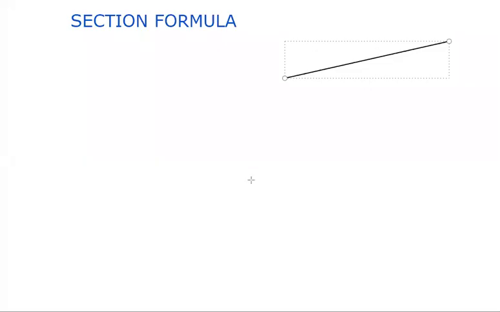Students, today we are here to derive the section formula and do 3 or 4 numericals related to that. Now, first of all, let's discuss the meaning of ratio, which is a prerequisite to understand the section formula.